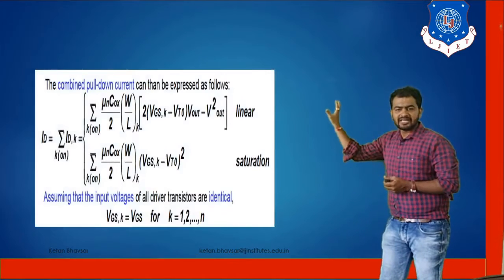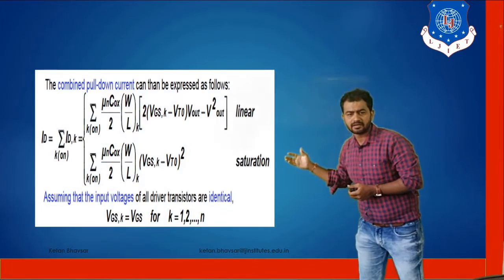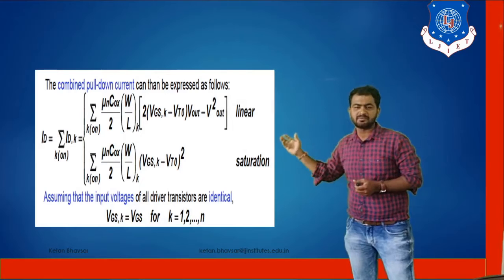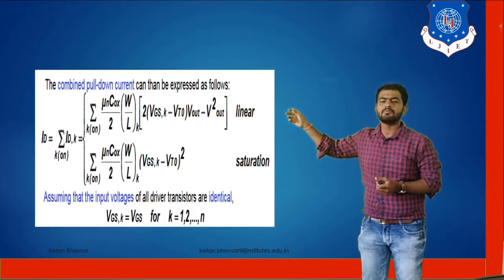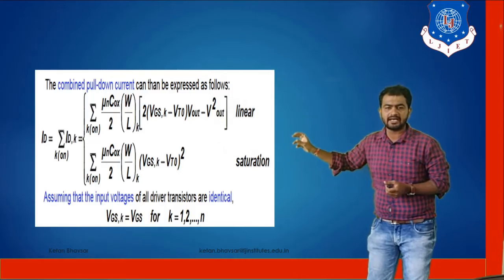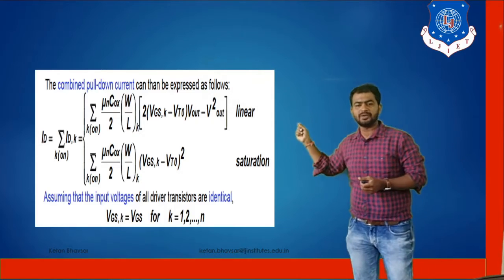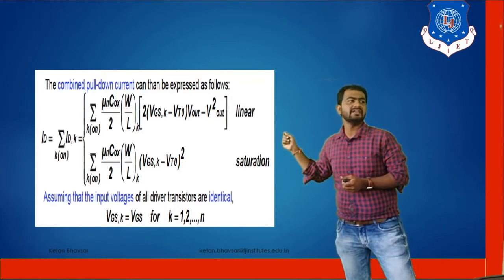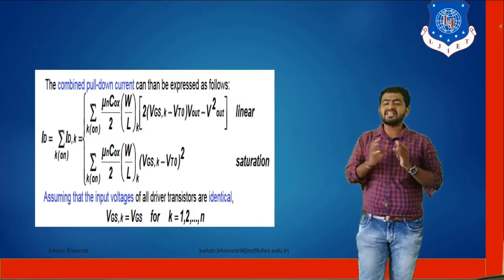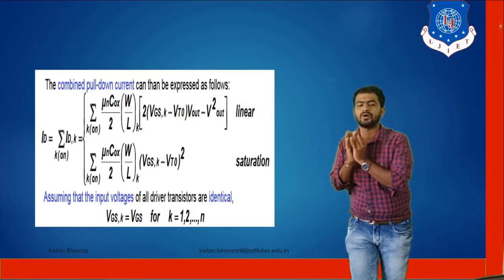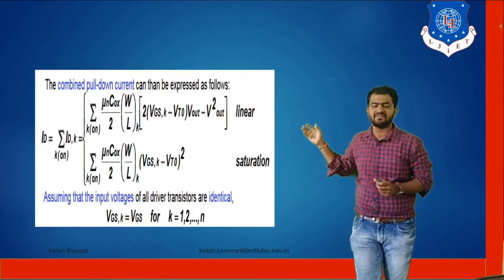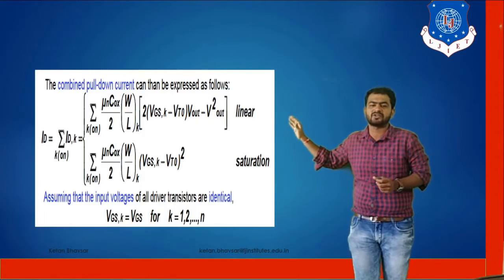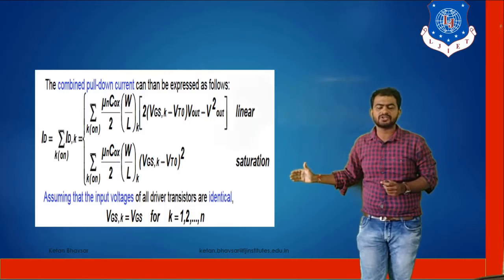And similarly, for the multiple number of inputs, we have a drain current ID equation in terms of the summation of K. ID is equal to summation of K, mu n Cox by 2, W by L, into 2 into (VGS minus VTO) into VDS minus VDS square. But here VDS is equal to Vout and VGS is equal to Vin. So right now we are focusing on VGS being the same as the input, and VDS equal to Vout. So it's for the linear region, and similarly for the saturation region.